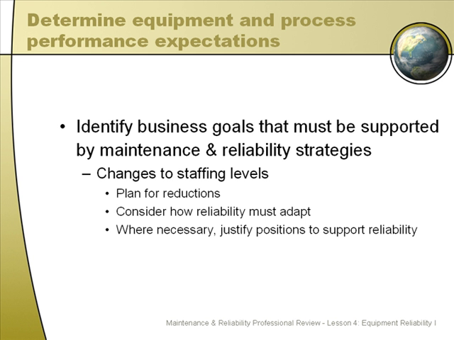Second, consider how reliability must adapt. It may change the way roles and responsibilities are divided based on the staffing reductions. Next, where necessary, justify positions to support reliability. If there is a reduction plan and some of those reductions are targeted at the maintenance department, you may want